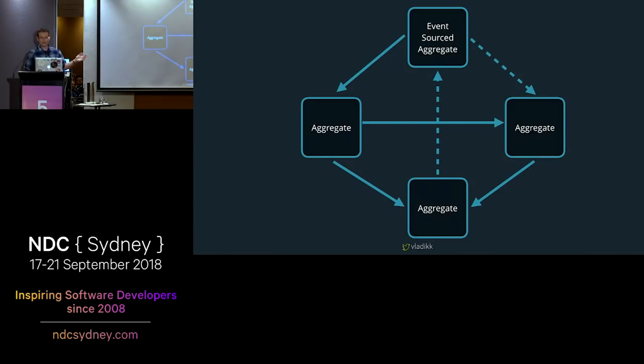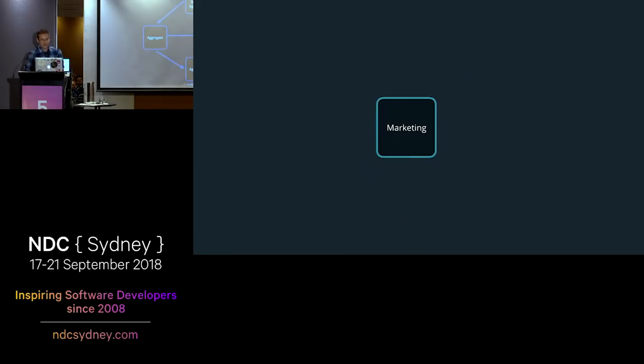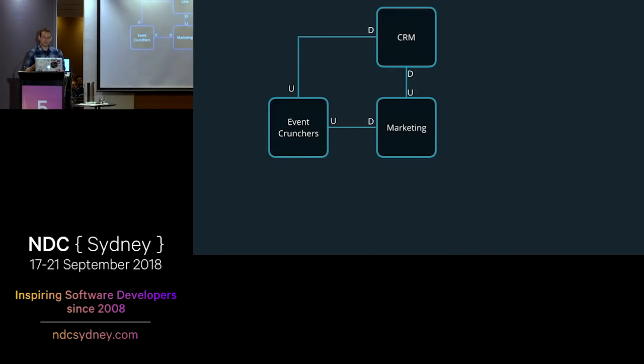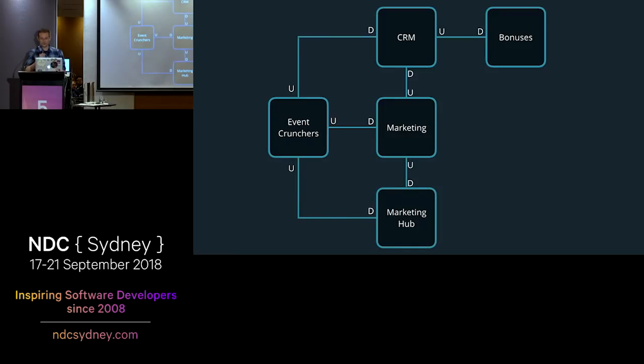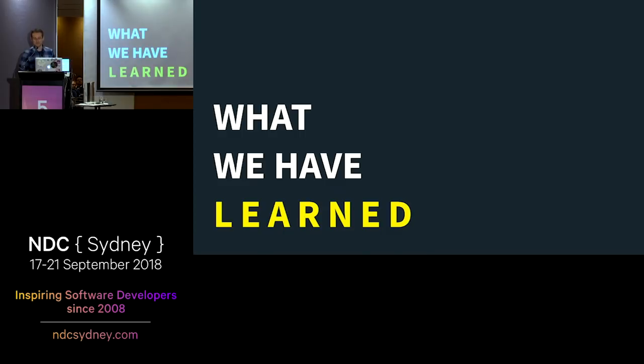It was clearly over-engineered. So those are the 5 bounded contexts that I wanted to tell you about: marketing, CRM, crunchers, bonuses, and Marketing Hub. As I said in the beginning, we have more systems. That's not all, because based on these 5, it may sound like we're a bunch of losers who cannot do anything right. But I wanted to show you the bounded contexts that we learned from. So now let's see what we've learned from this experience.